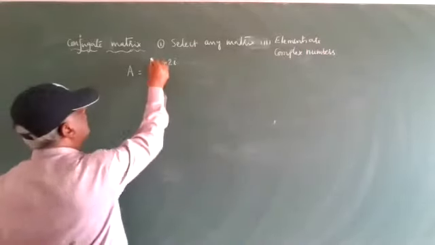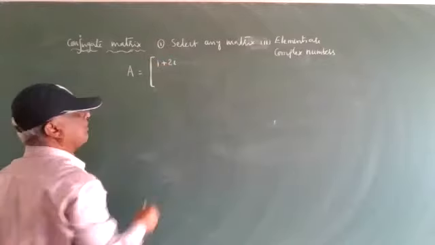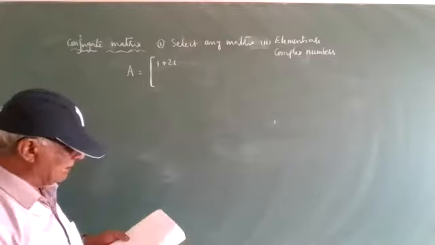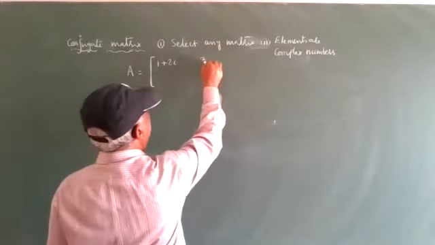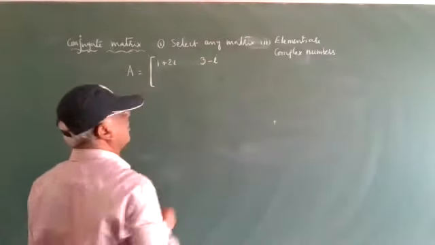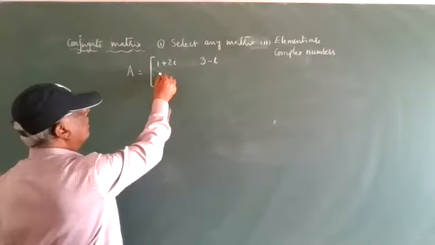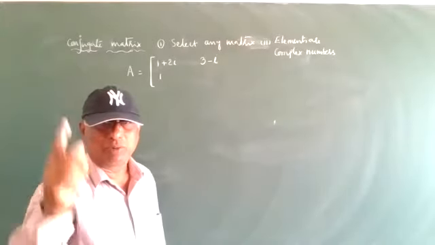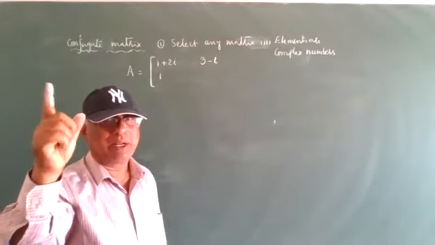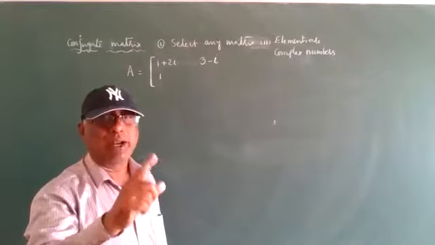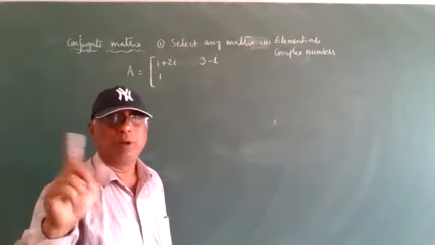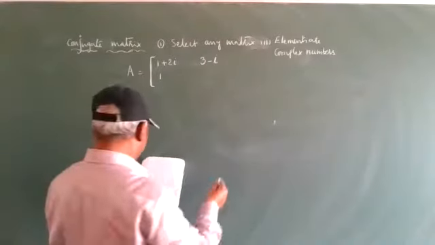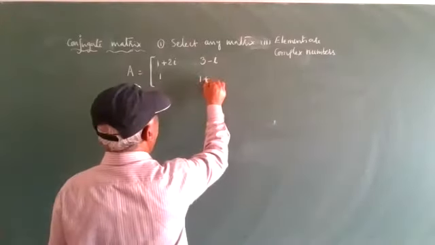Okay? So I will write. 1 plus 2i is a complex number, one element. 3 minus i, one more element, is a complex number. Every real number is a complex number. Don't forget, every real number is a complex number. How can you write it? 1 plus 0i. So next, 1 plus i.